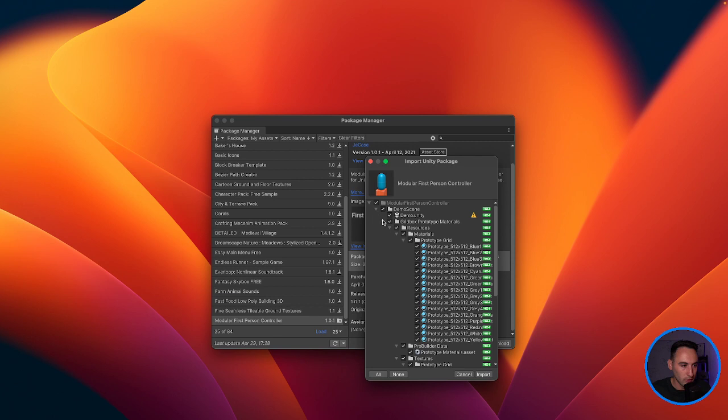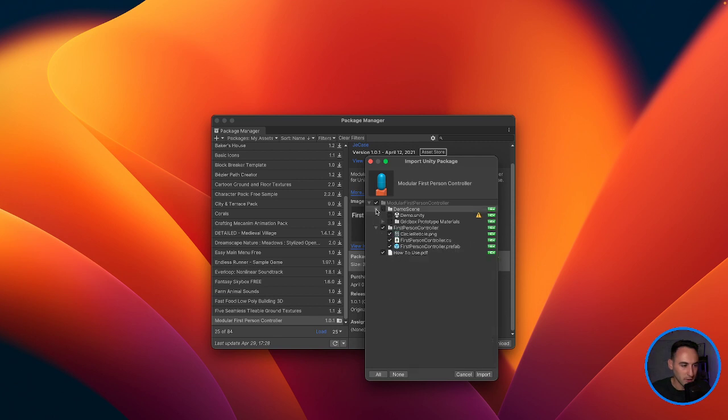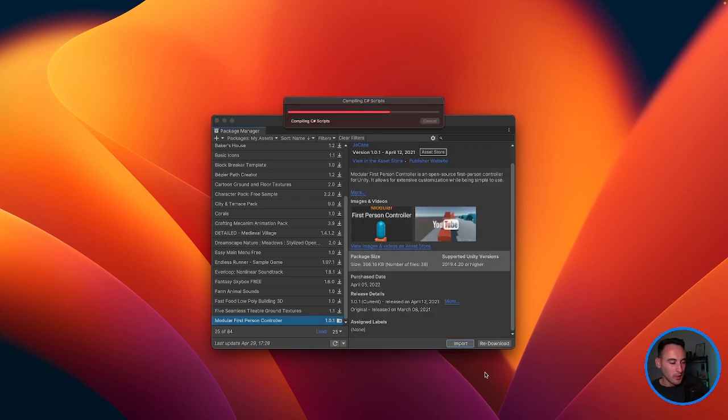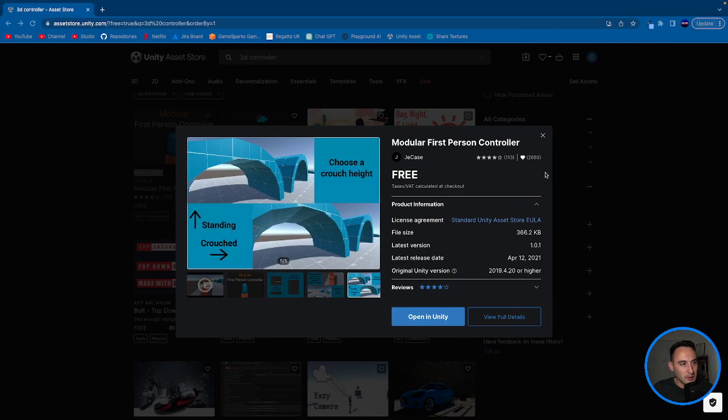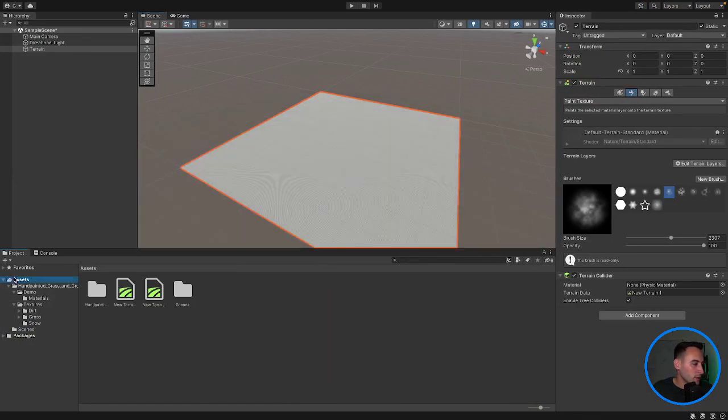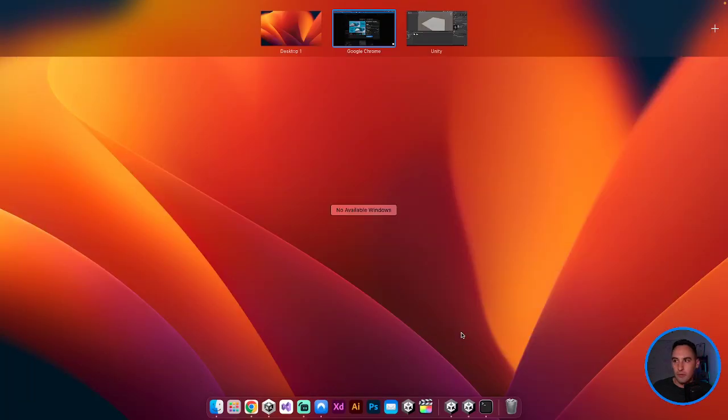demo scene. I don't really want the demo scene, so I'm going to untick that, and then we'll just keep the rest. We only really want to import what we need, otherwise our game just gets too big and it's not really necessary. So let's go back into Unity. So here we should have our character controller, but clearly not. Did I import it into the wrong